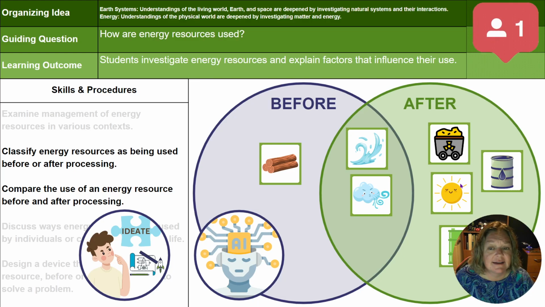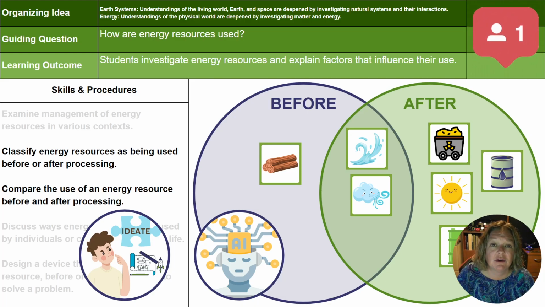Asking students to classify and group resources, you've probably seen in some of my other connections videos. Once we are categorizing, grouping, classifying, we are using computational thinking to break things down, look at specific attributes, find those patterns, simplify that out into something, and then potentially move towards, what is that rule? What is that set of instructions, or that one thing that defines that attribute or that grouping that we're looking for? So if we're looking here in this case at types of energy resources that can be used, before processing or after processing,